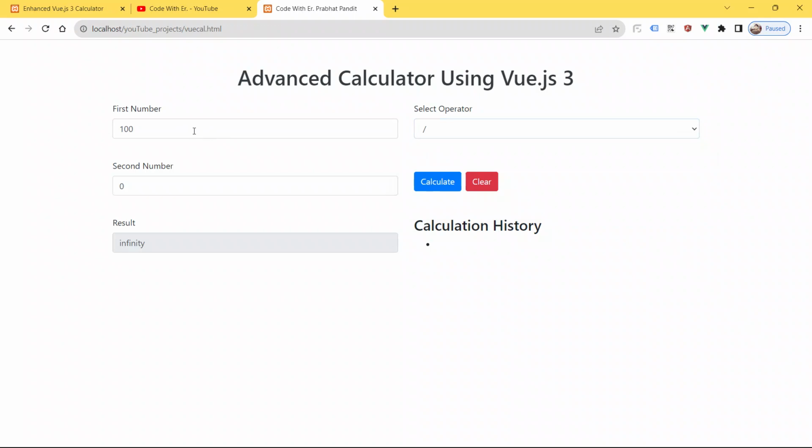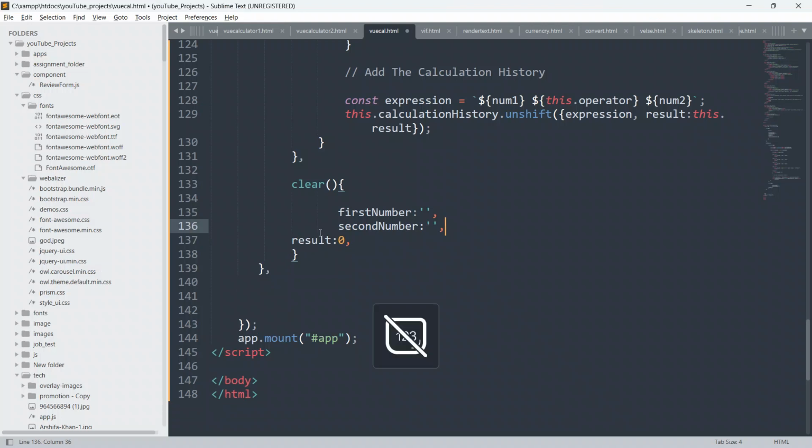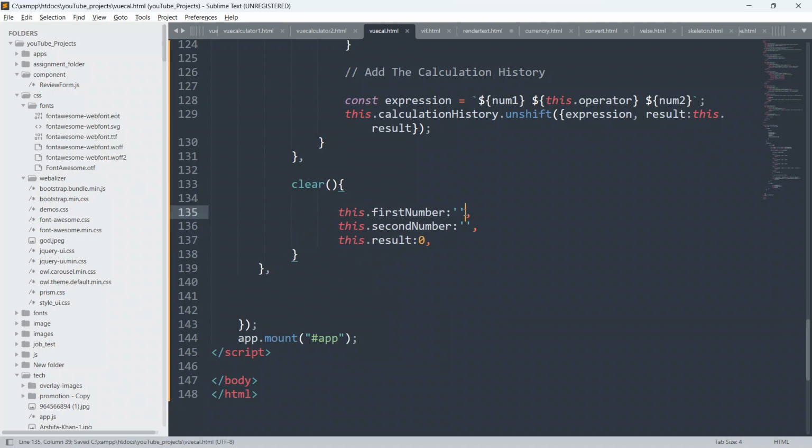So we will clear only first number, second number, and the result column. So I'll say this dot first number, this dot second number, and this dot result, and assign it equal to empty string.